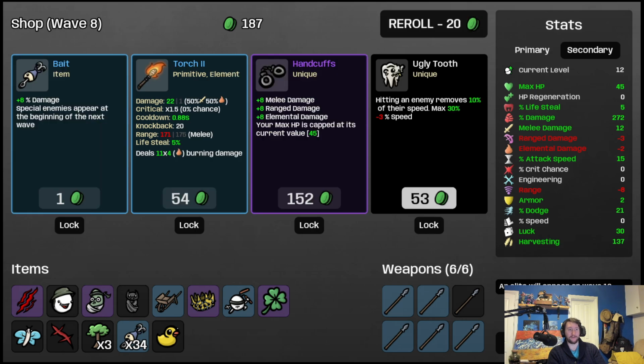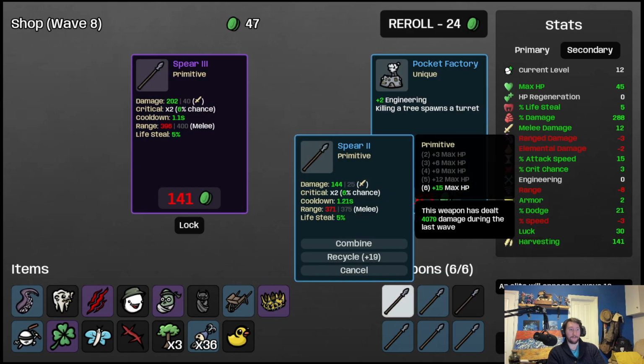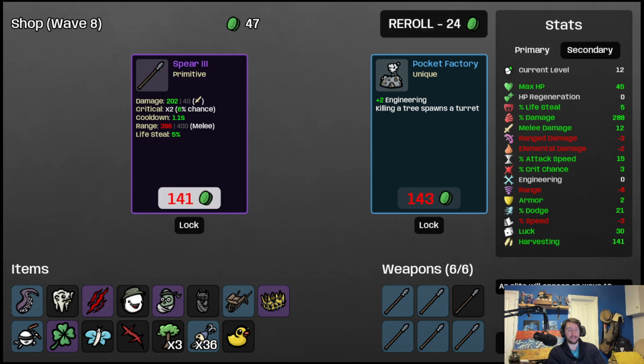Oh, I could have taken Mini Factory. That actually would have been okay. Tentacle crit is nice. That spear is...